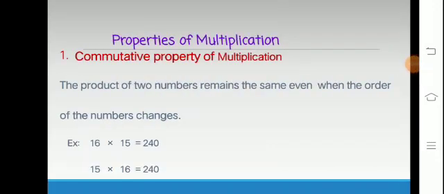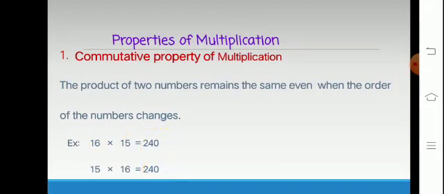Now there are some properties of multiplication, as you already learned about the properties of addition and subtraction. Same like that, there are also properties of multiplication. First property of multiplication is commutative property. What is commutative property? The product of two numbers remains the same even when the order of numbers changes. It means when you change the order of numbers or factors, these are known as factors,